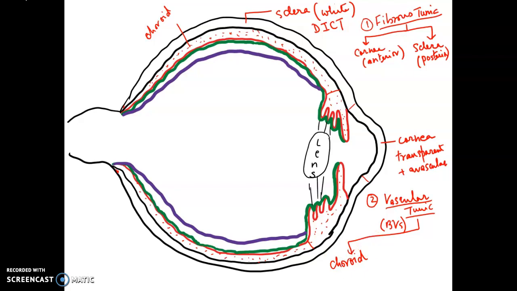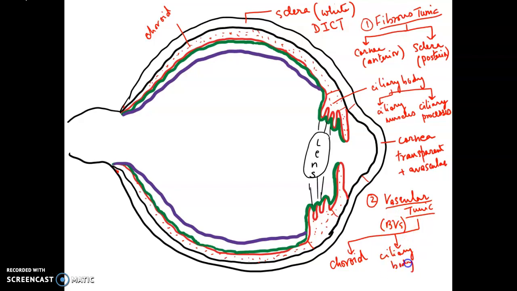Anteriorly there are 2 structures. I'll draw another line here. This part is called ciliary body, and ciliary body is made up of 2 structures. Those are ciliary muscles and ciliary processes. Okay, so then we have ciliary body,